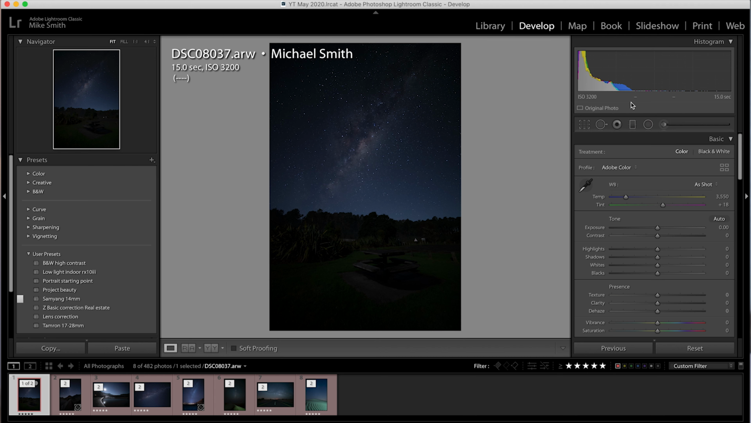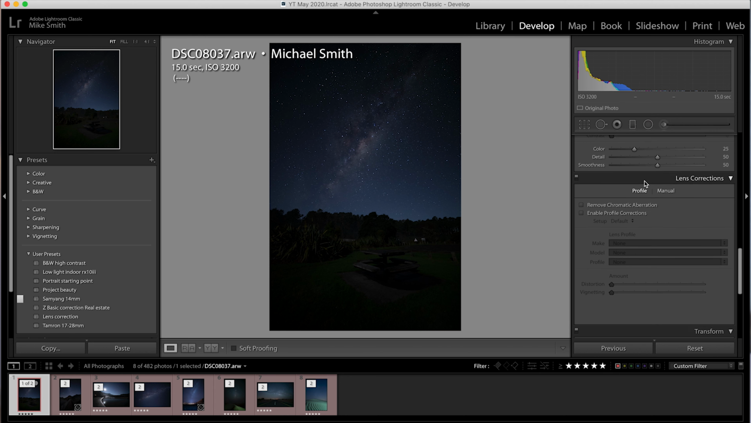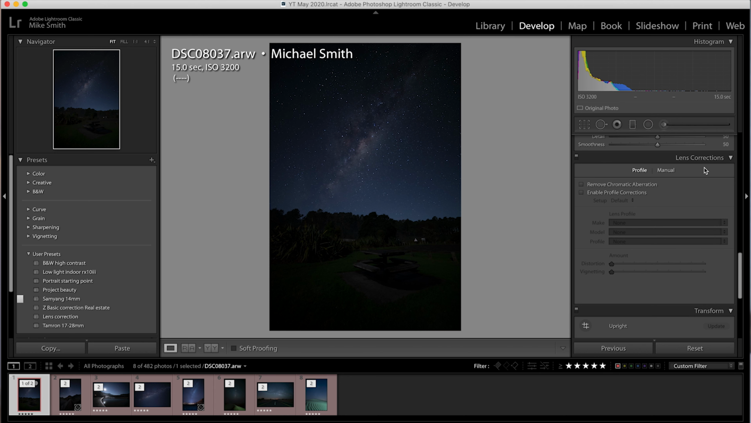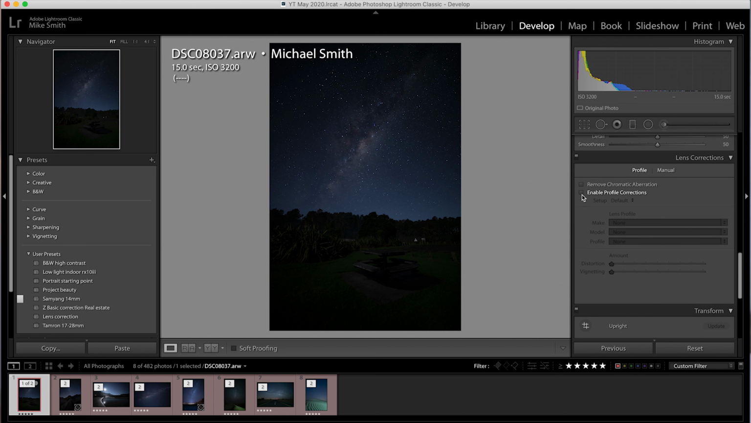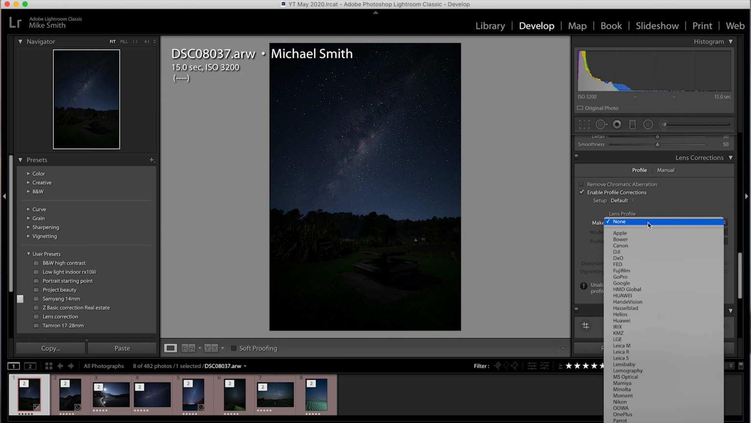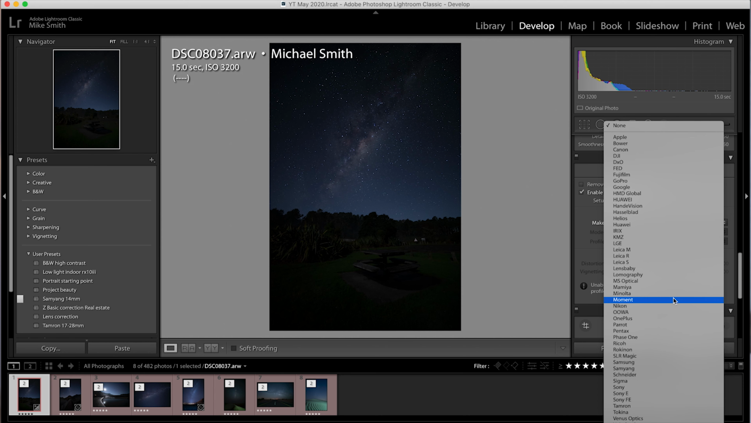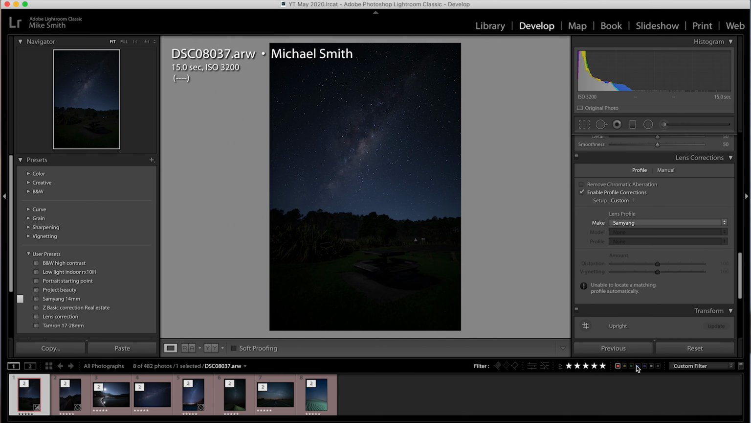It's not showing, but I had the aperture at f2.8, and this was with a 14mm Samyang. Now the first thing that I do is do the lens corrections. So if you come down to lens corrections, it may be up like that, so just click on the triangle and bring it down. You can go through this and find your lens. So I've got a Samyang,